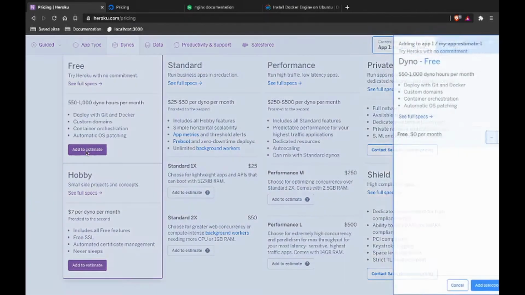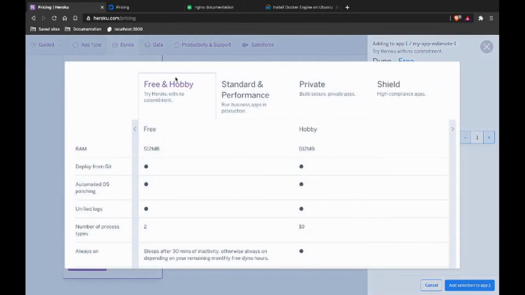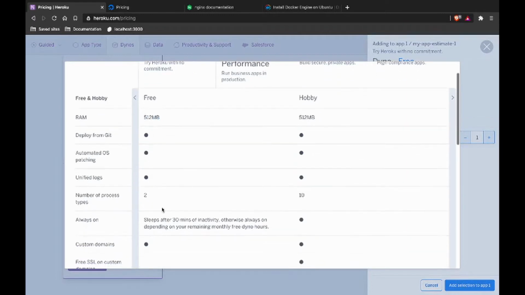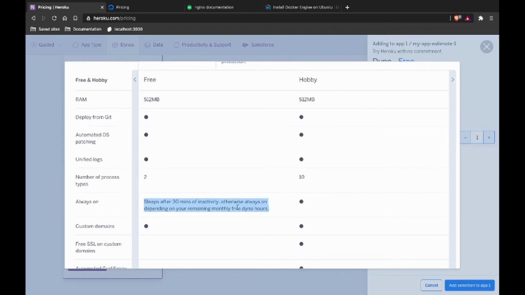So I'm going to open up the pricing calculator. Click this and you can see that the free version has 512 megabytes of RAM, but it also has this thing called sleeping, which means that after 30 minutes of nobody visiting your app, Heroku will automatically make this dyno sleep. A dyno is a place where your app is hosted, and basically if anyone else visits your app once your dyno is sleeping, then they will have to wait a good 20-30 seconds for the app to